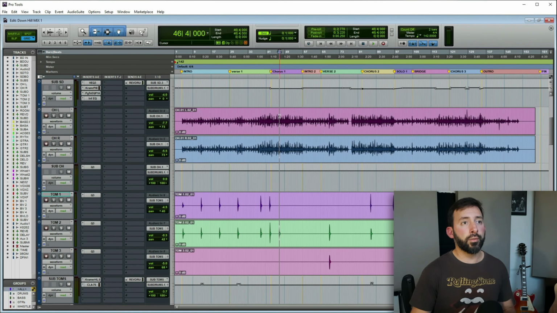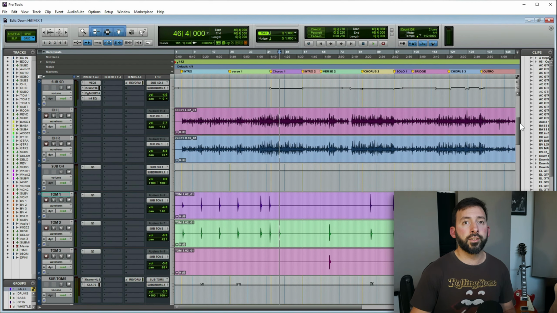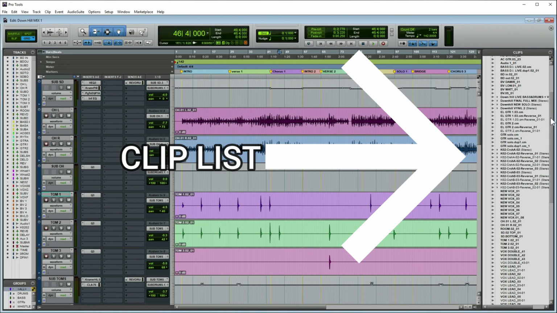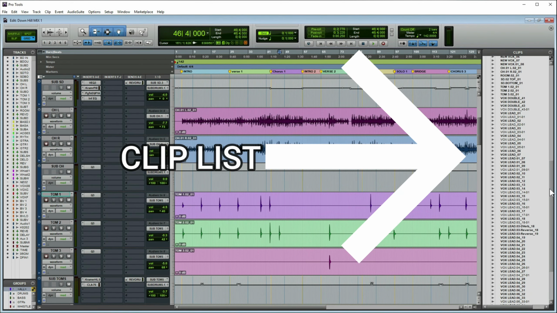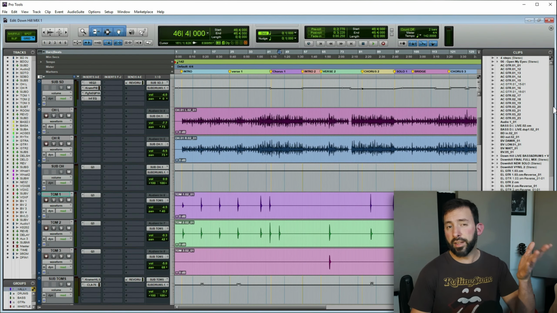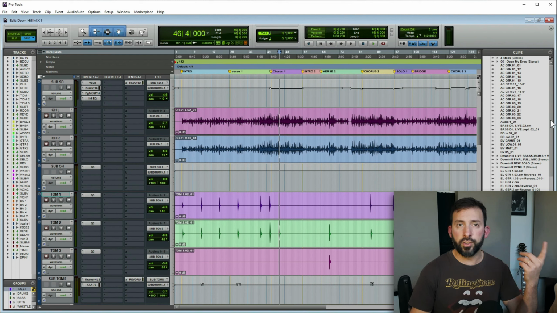That means I try to edit everything I can on the production session. While I'm recording, I try to edit everything I can in there. So when it comes to the mixing session, I have the least amount of clips around. If I open here the clip list and open this one, you will see that I have all of these clips in here. If I go back, sorry, I forgot to do this on the other session, the production session.